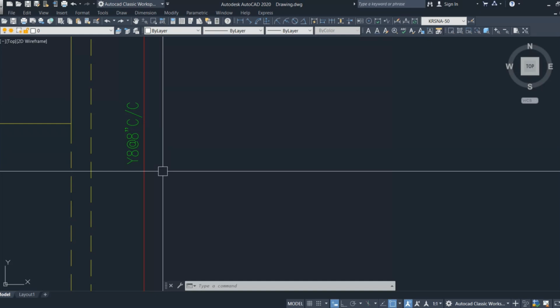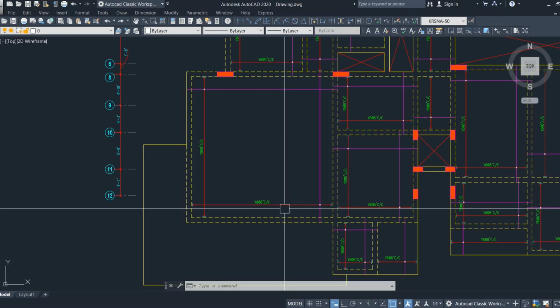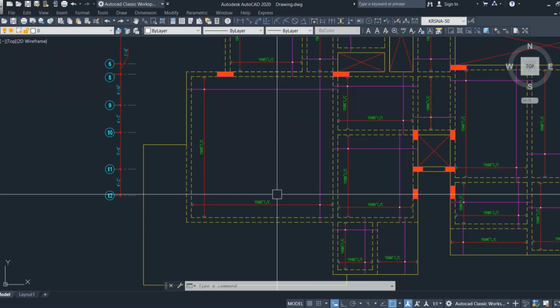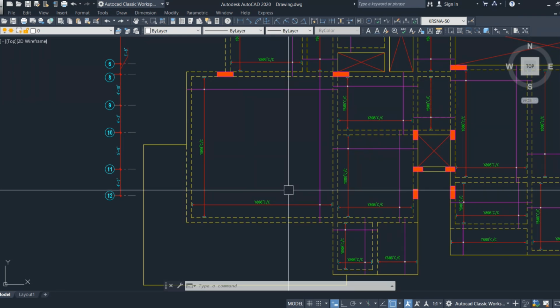For example, if we are providing 8 mm bar at 4 inch center to center, in that case it will be very congested to install the reinforcement at site. So we have to go with the higher dia of bar. Instead of 8 mm at 4 inch center to center, we can go with 10 mm bar at 8 inch center to center. And also we have to check the bottom and top reinforcements are placed